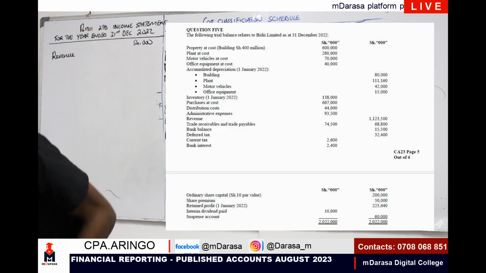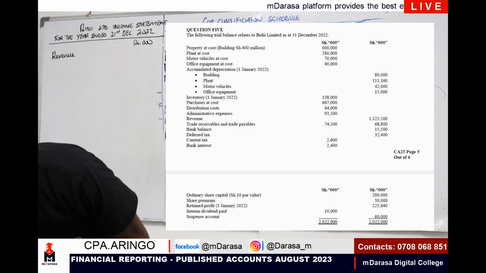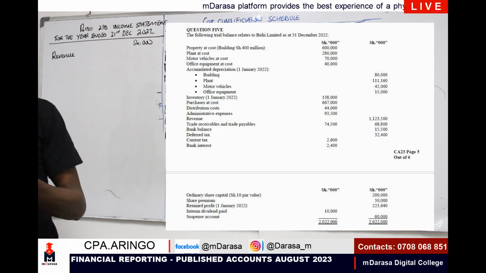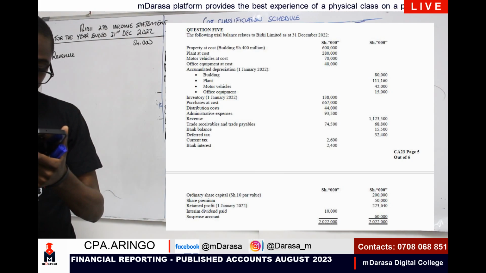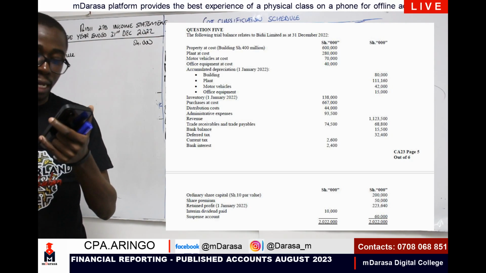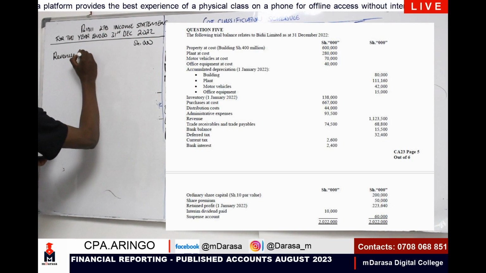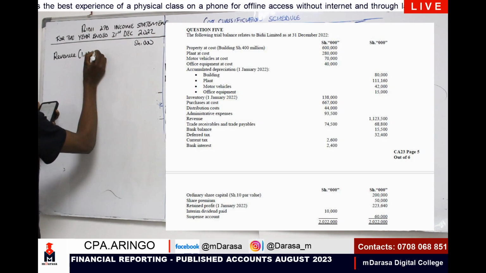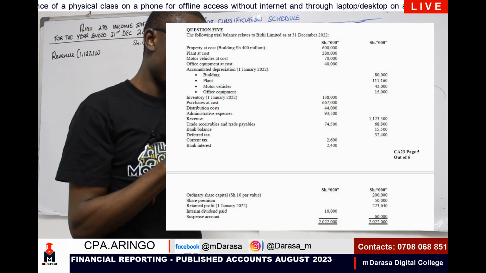Look at our revenue, according to what I was given, we had a value of 1,123,500. But out of that, there was this amount in note 1 where we are told that